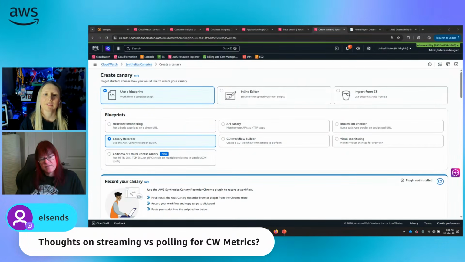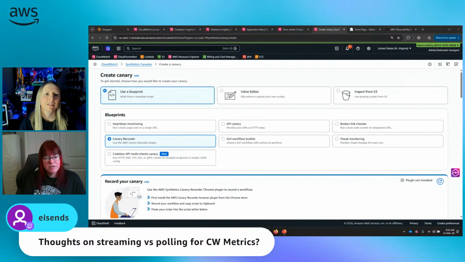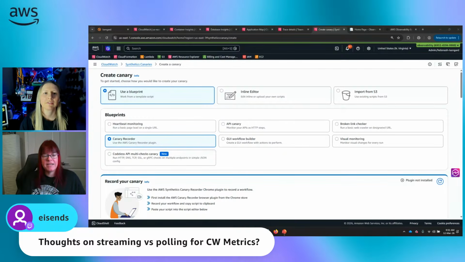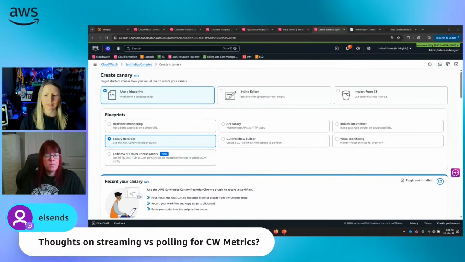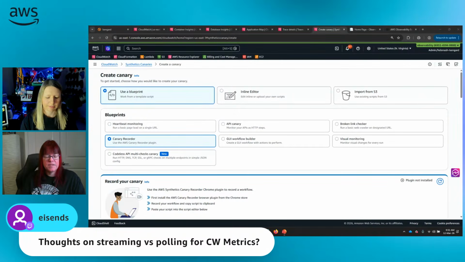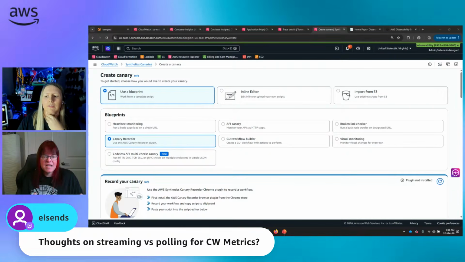Beyond that, for ingestion, there are things we call agents or collectors. And there are CloudWatch agents, there are OpenTelemetry agents, so open source standards, and various other collectors that you can use to get data from your source into CloudWatch. Some of them will use different mechanisms, but primarily what they're doing is essentially streaming that data in. But the collectors worry about connecting to CloudWatch. So from an ingest side, you don't have to worry about it too much.